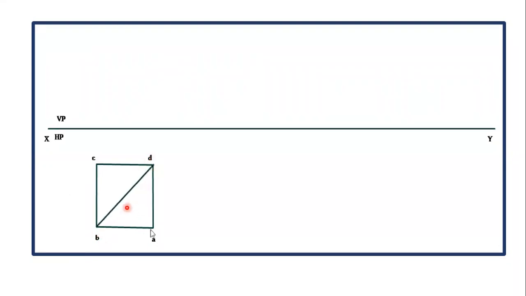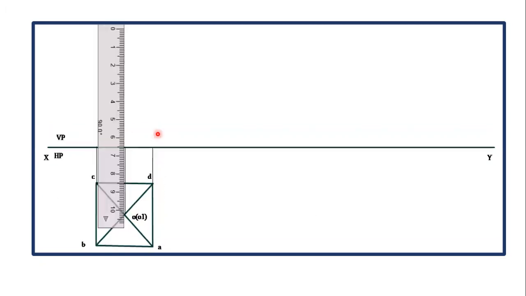So the center of the square can be got by joining the opposite two corners. So here all the corners, A is connected to apex O, D is connected to O, C is connected to O and B is connected to O. When I am viewing from the top, I can see the apex, that is O, but O1 will be hidden. Now project all the points onto XY line. You have projected B, C onto XY line, O to O1 to XY line and AD to XY line.